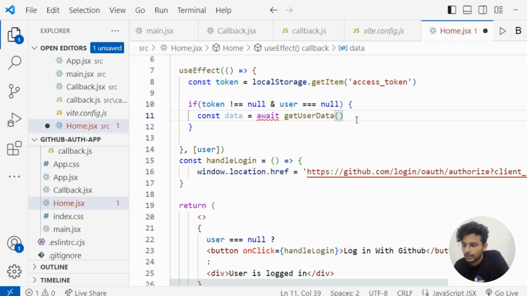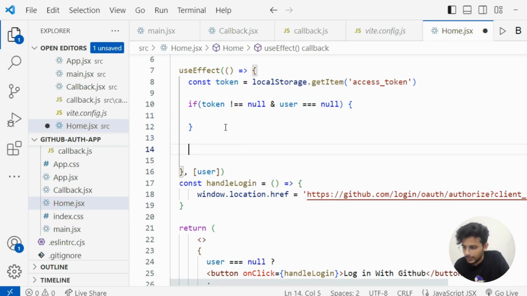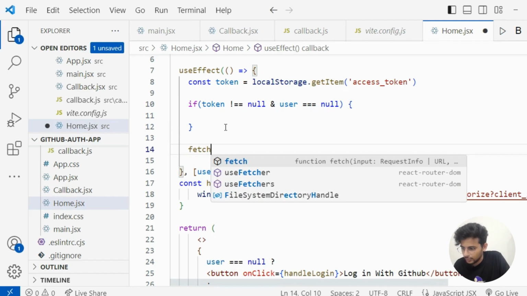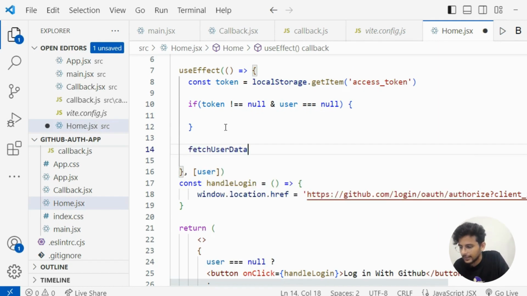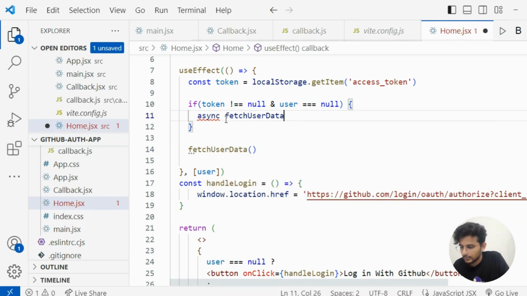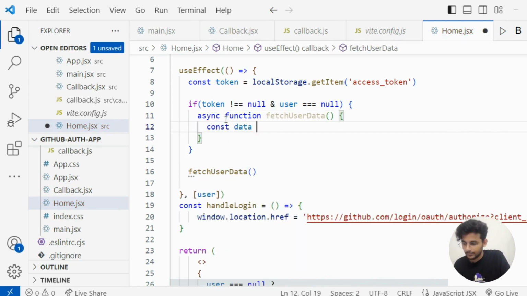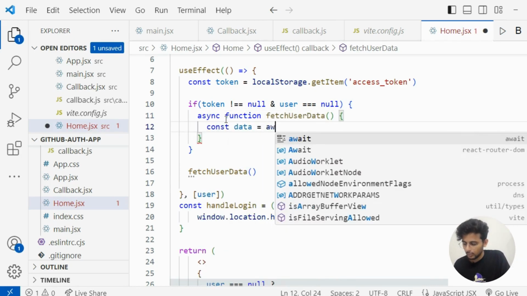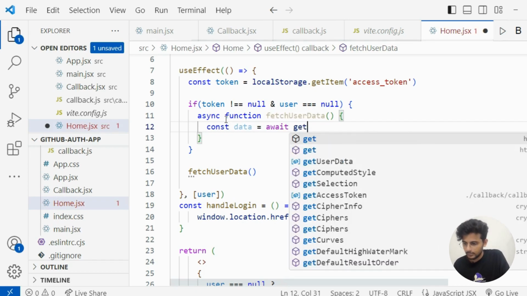Now we are not directly fetching this detail, so let's create a function here, fetchUserData. This is an async function. Here we can fetch the data. Call that function getUserData.